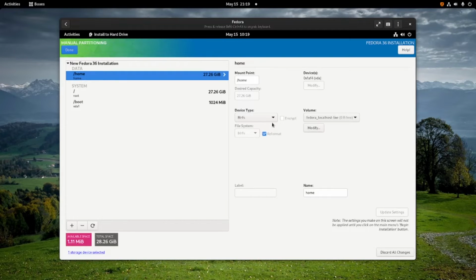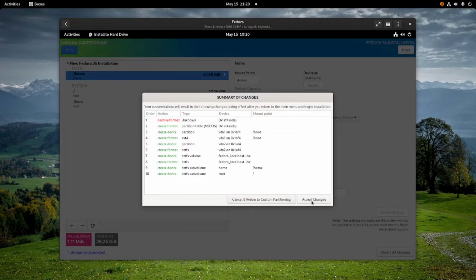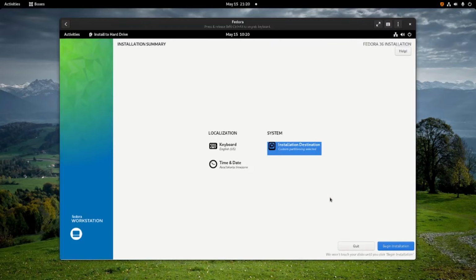The default partition format in Fedora 36 is BTRFS. Then click done, accept the changes, and after that click the begin installation button.